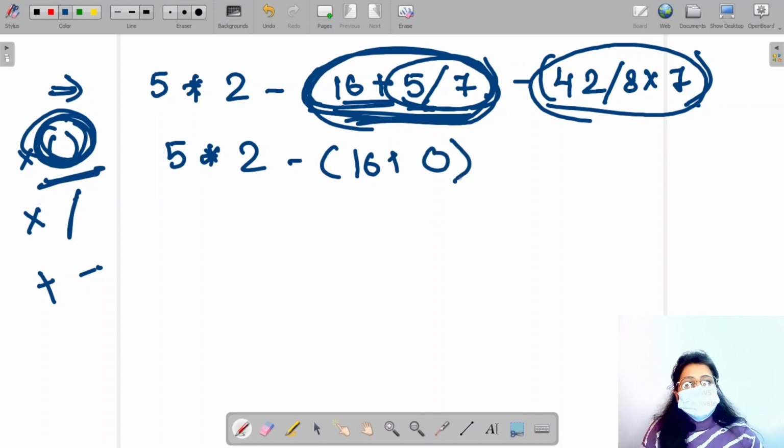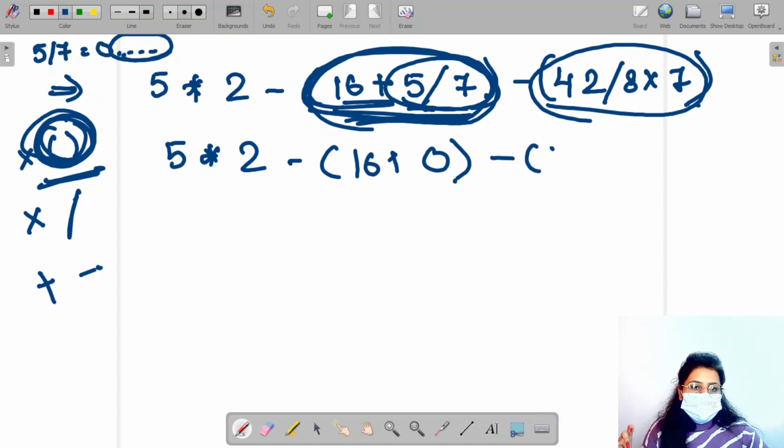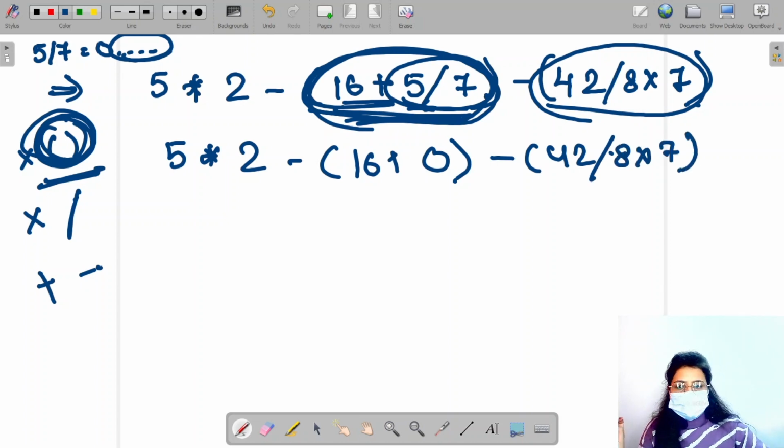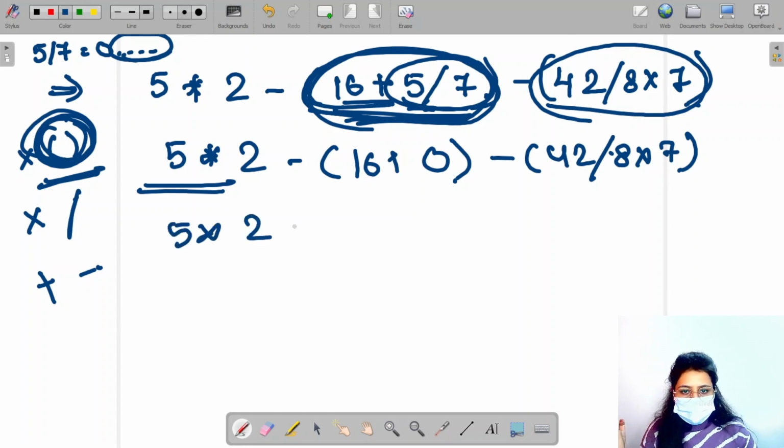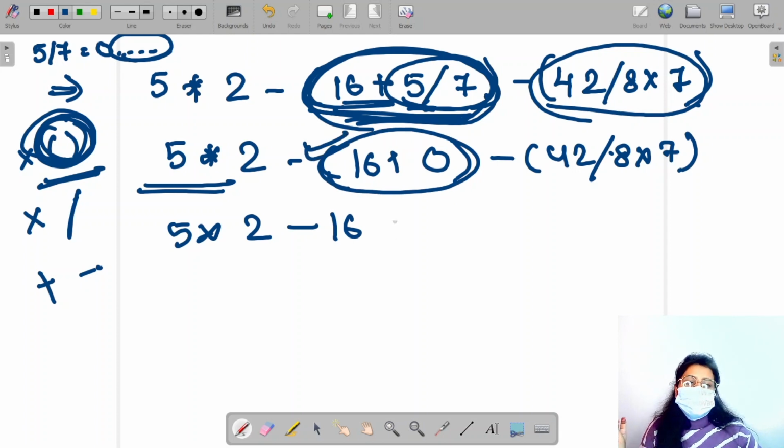Like we have discussed in basic calculator 2, we have to ignore the 0 point something something. So you have to ignore the decimal part, right? So we'll have minus, of, this bracket will come later. So now 5 into 2 minus 16. This bracket is solved. Coming to this bracket, what we have,